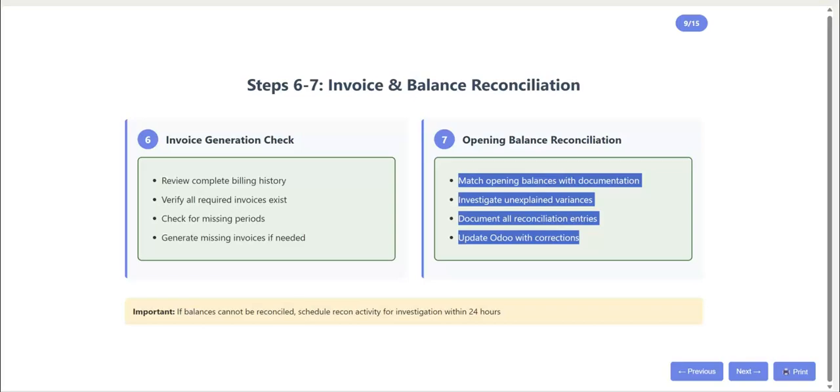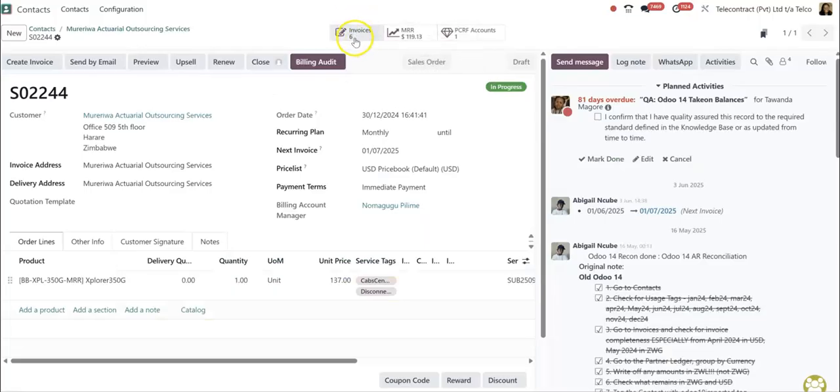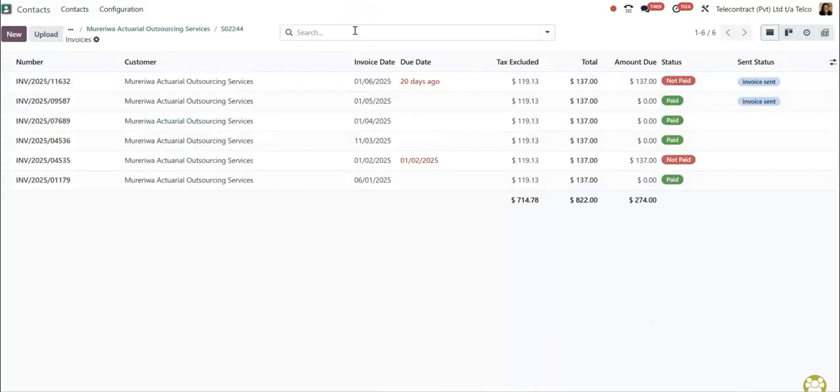So how do we do that? Let's have a quick look. So we'll go to the invoices over here and we can see that they've been invoiced for the following months: January, February, March, April, May, and June. It would seem that January, March, April, May have been paid for this customer. However, it looks like from this screen that the February one hasn't yet been paid and the June one hasn't